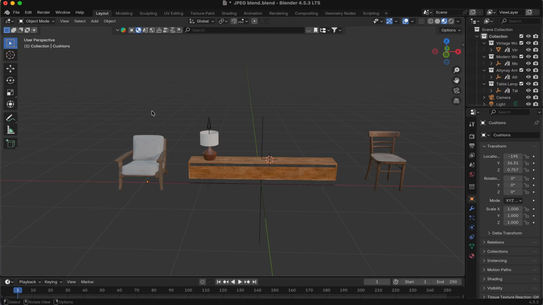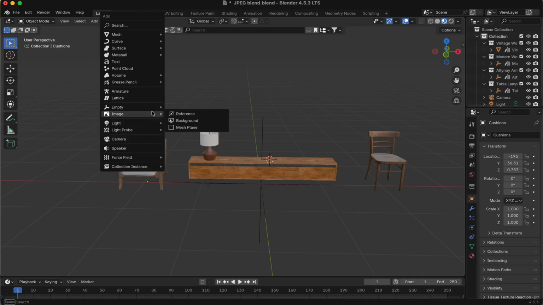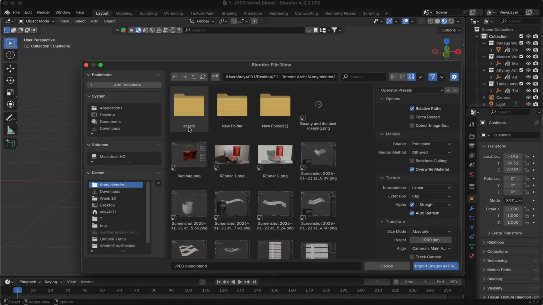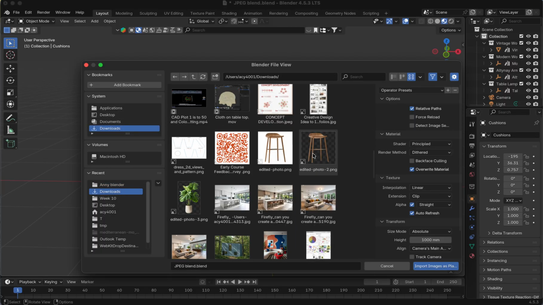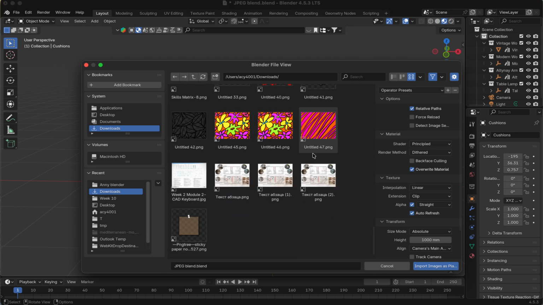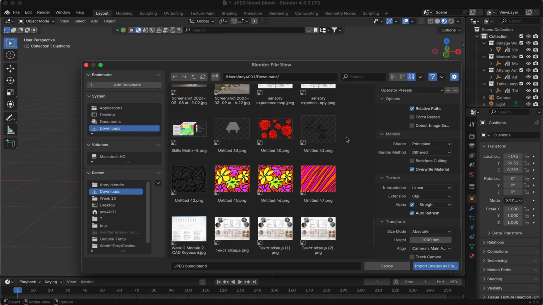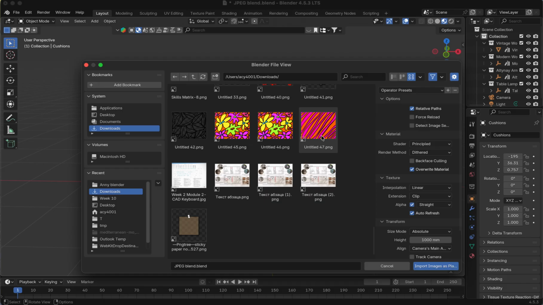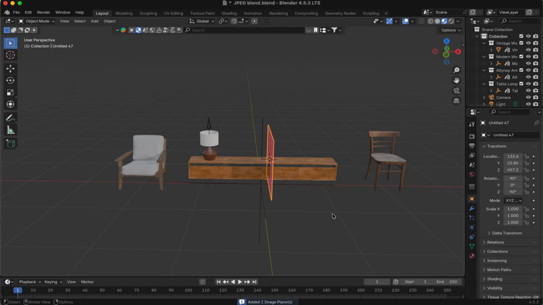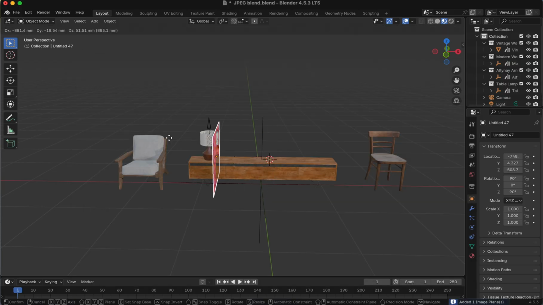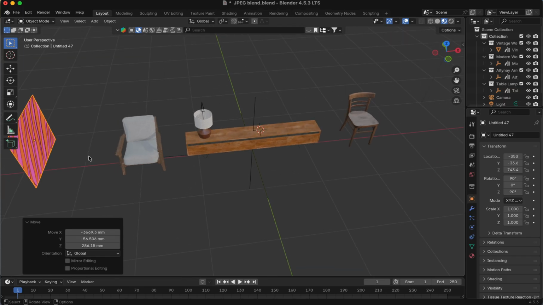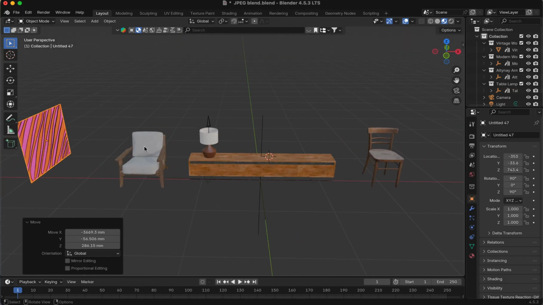So first of all, we can go into Shift A and we're gonna go into the image. Then you're gonna go into the mesh plane and we're gonna look for our items, like any textile that you may have done in the past. Like say you guys have done some of them, like I'm gonna add this one that I just did on my iPad. I'm gonna grab it and bring it here, but because it's already here, what we're gonna do,